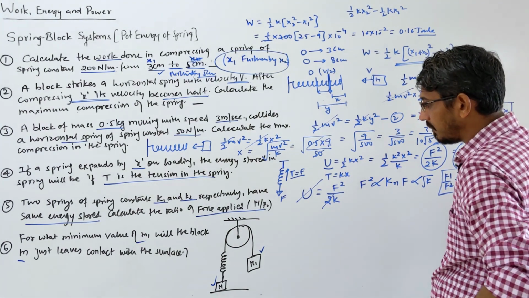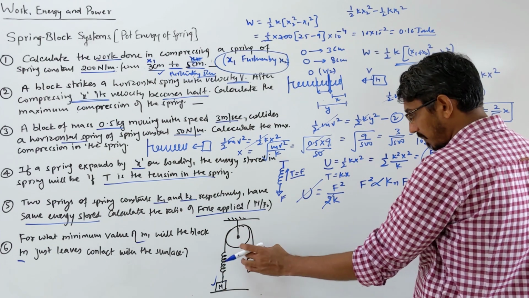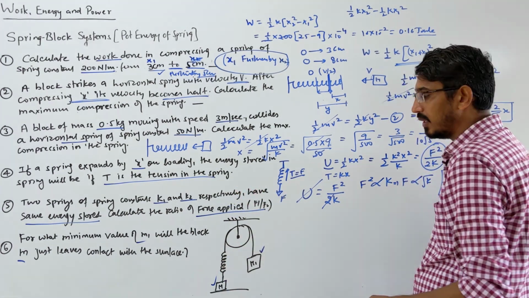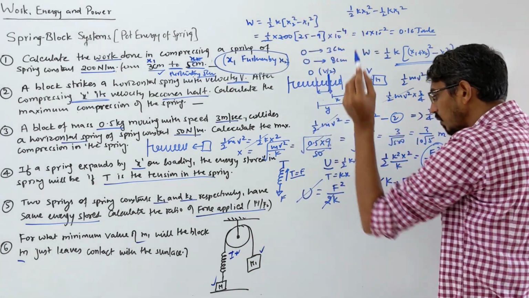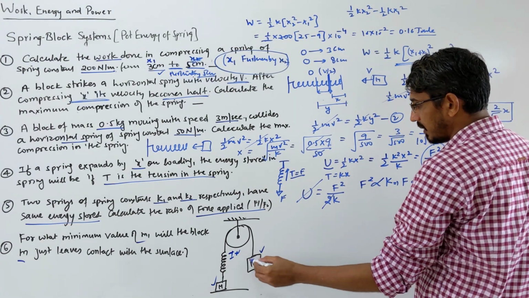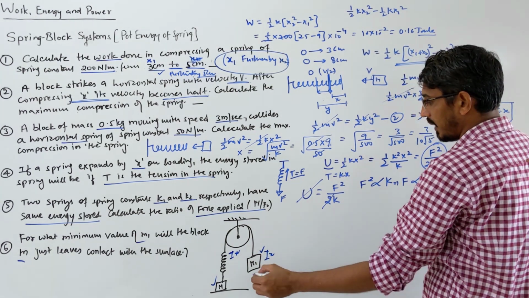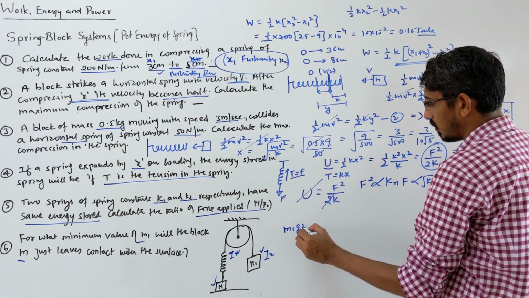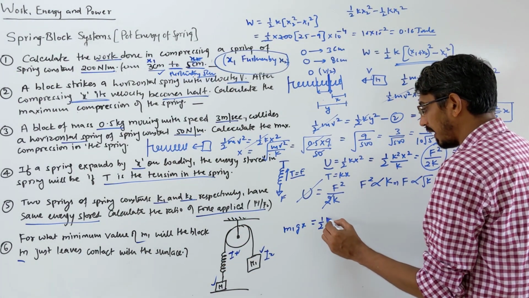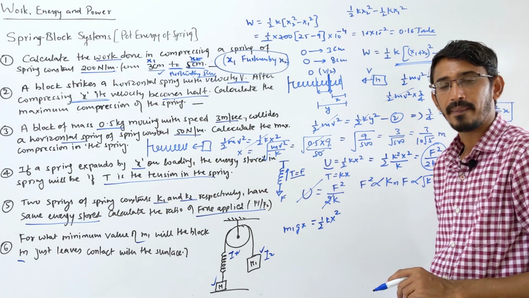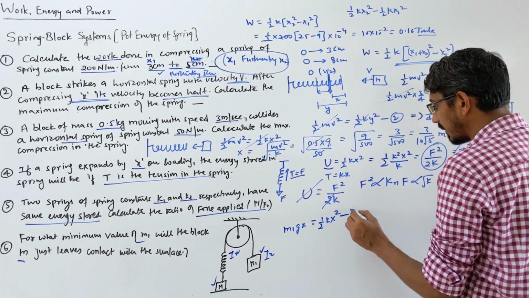So look here, it's very simple. Suppose you want to just lift it, so when you apply force here, first the spring will expand, right? So say the spring expands by some amount x, correct? So what will happen? What is the energy gain in this? Because when you expand the spring, this block will go down by x amount, right? So what's the gain in energy of this block? You say m1g into x potential energy it will gain, right? So this gain will be half k x square. Clear? Okay. Now let's see here, this is equation 1, right?